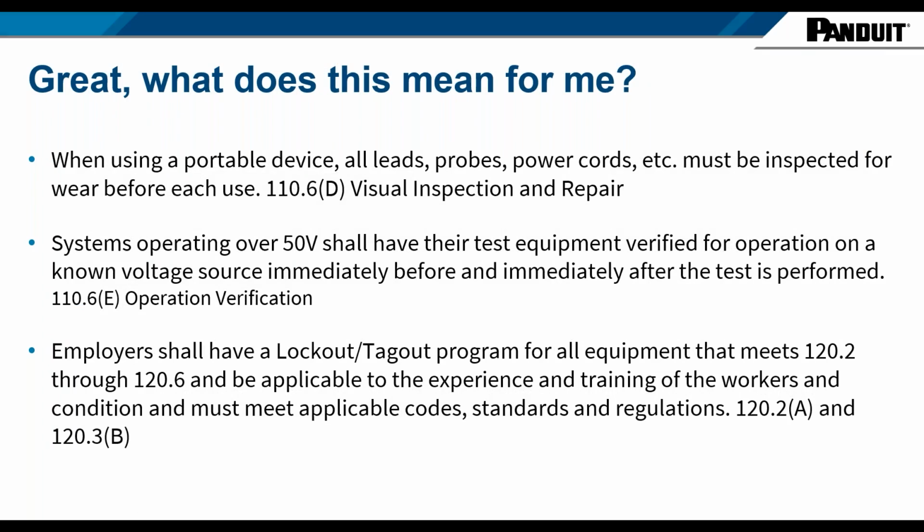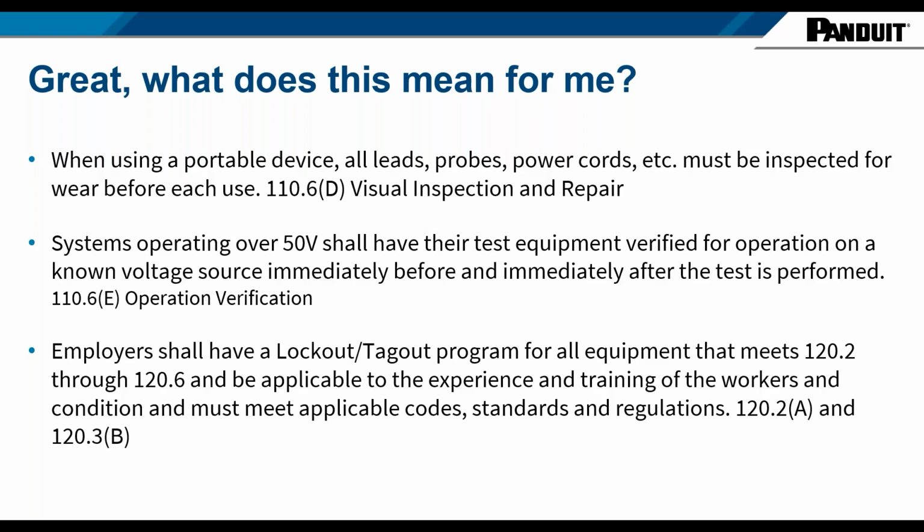So great, 70E, what does that mean? What does it mean for me? Summarizing it, when using a portable device, all leads, probes, power cords, et cetera must be inspected for wear before each use. That's section 110.6D. Again, that's specifically from my interpretation, it is portable test instruments, portable devices, things that have more likelihood of wear on the cords, whether it be power cords, probes, leads, whatever. They are moving around, rubbing on things, going over edges of enclosures, right? If they're not painted, there are potentially burrs. So areas where you would expect wear,